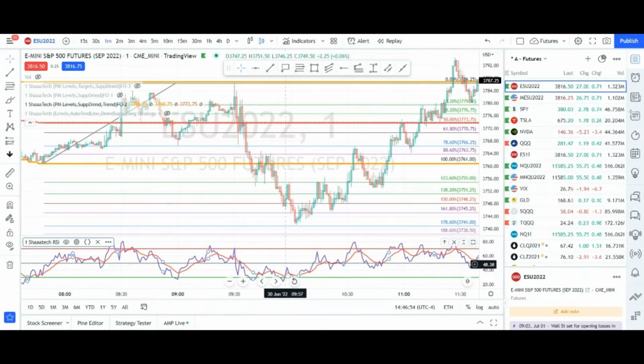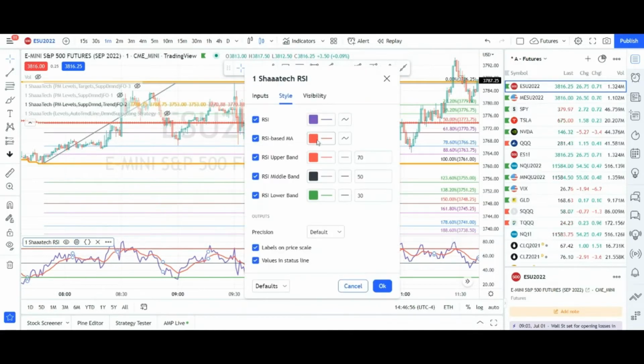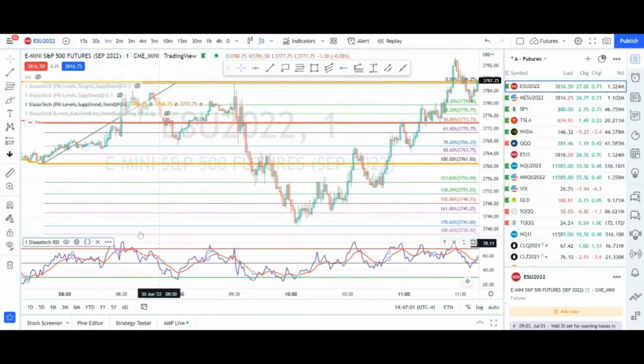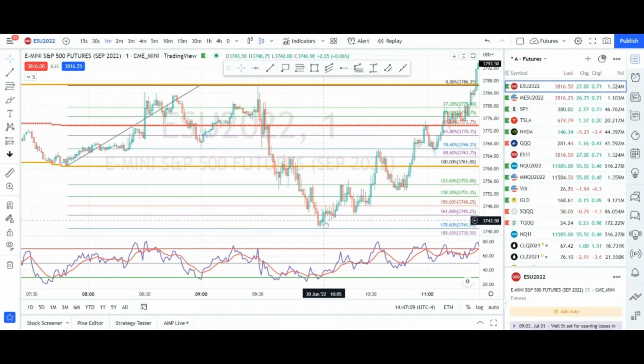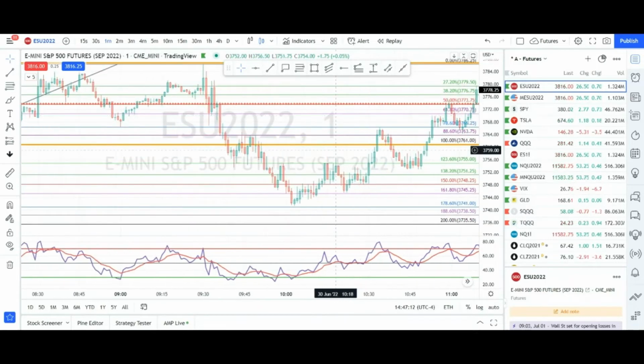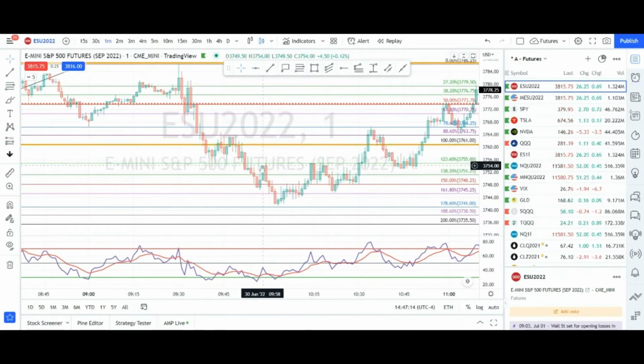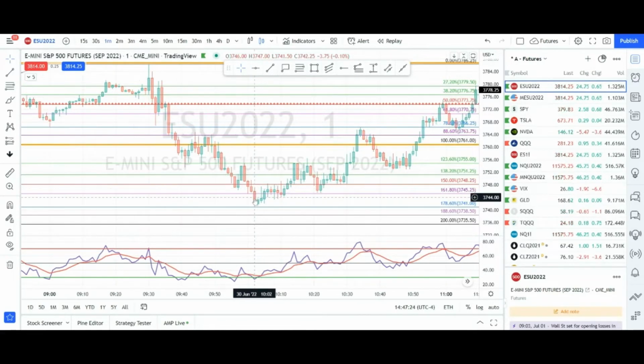I just changed the color so I should know that at this level I will be ready for sell, and at this level I will be ready for buy. That's why I put it red and green. Green is buy and red is sell. Once the market is going down, the bearish candle size normally is greater than the bullish green one. So this is the bearish candle, but after that if you see the RSI